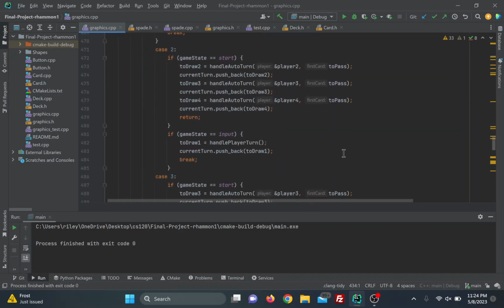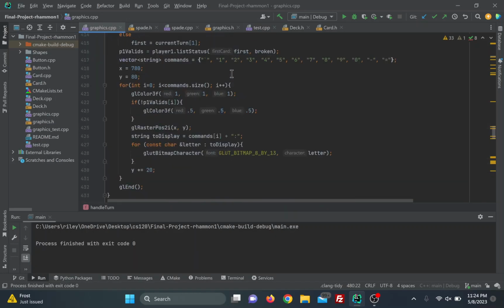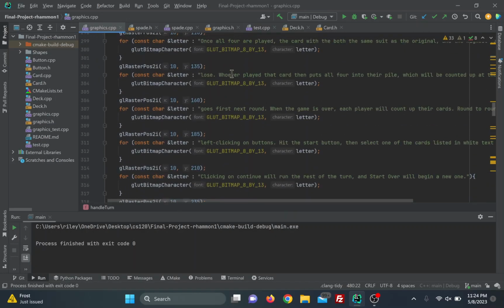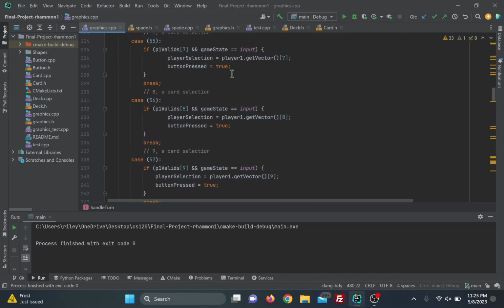Then based on that turn order, it'll handle basically all the turns that happen before player input is required. So let's say that player 2 goes first, it'll do player 2, 3, and 4, then return, and essentially wait for player input. It'll then switch to the game state input and wait for a key to be entered in